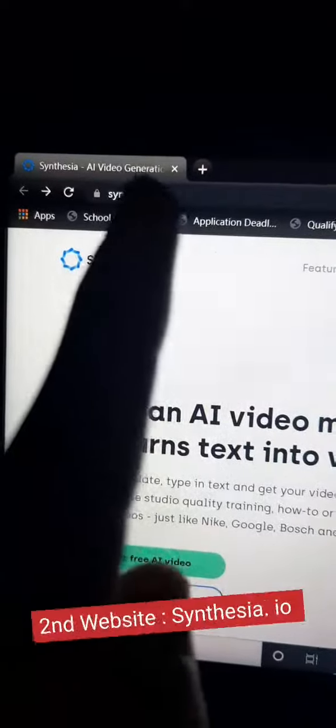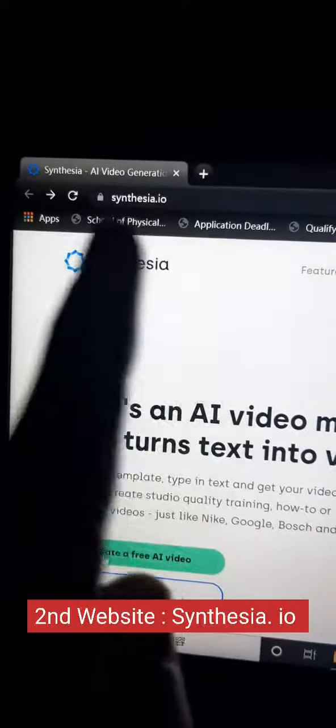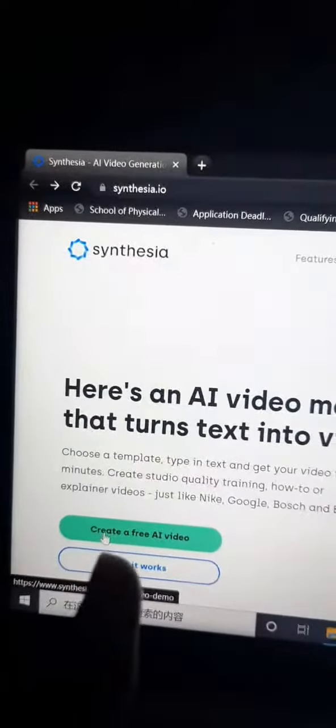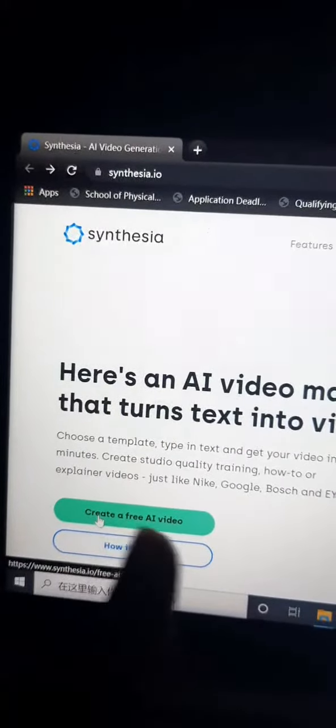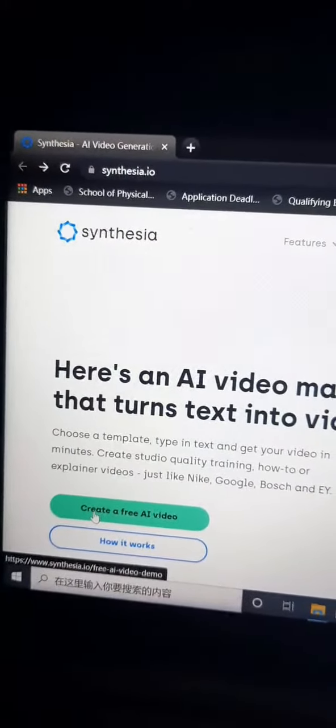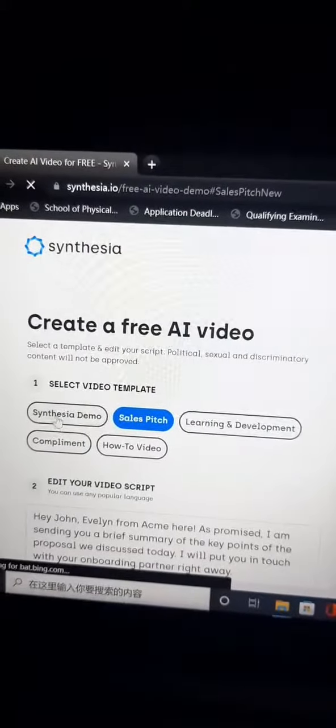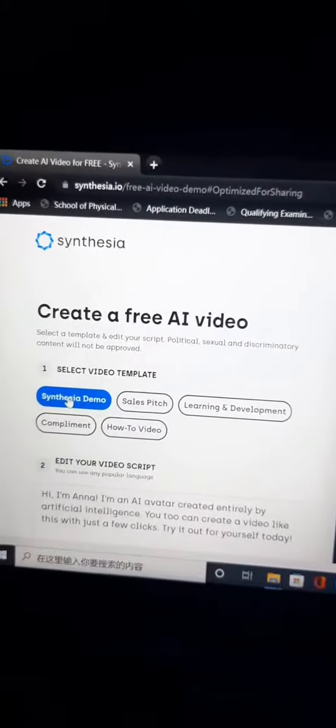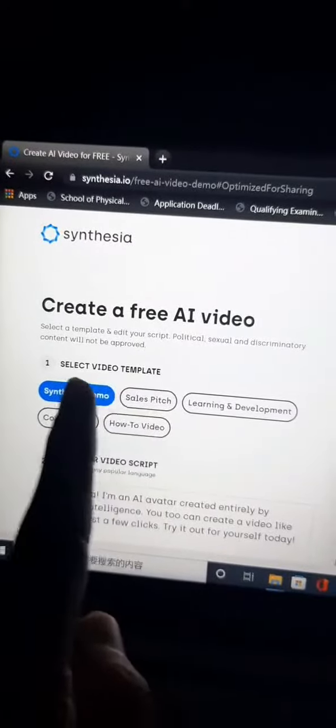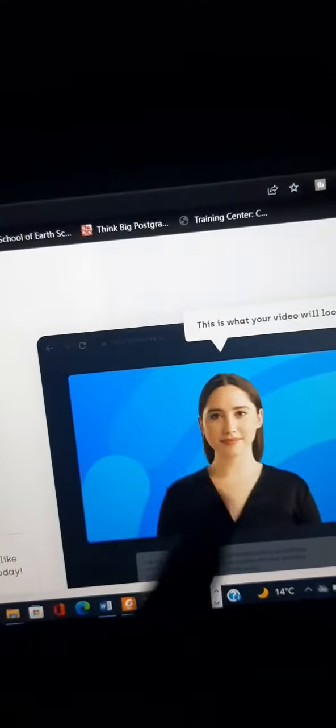Second website, synthesia.io. Follow this website. Here you can create a free AI video and click this. Here you just select the video template, add your video, and write your script, and then you can watch your